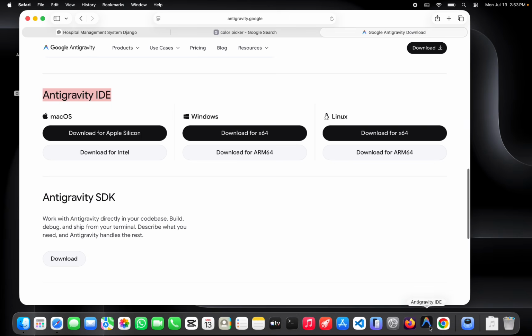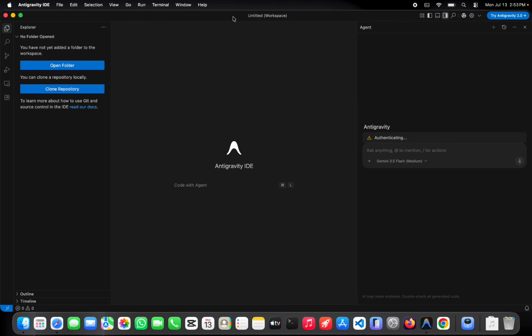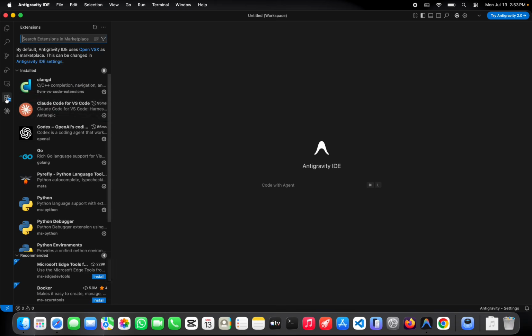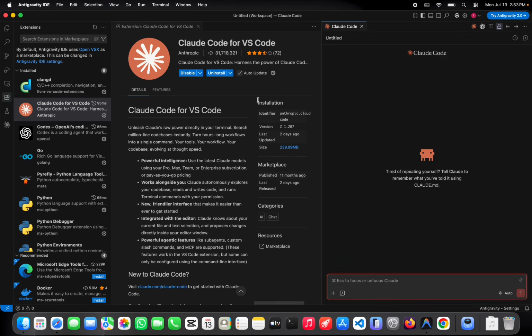I already have this, and I'm going to go here in the VS Code, sorry, Anti-Gravity. Here you can see this is my Anti-Gravity interface. There is an agent section on the right side, which I already removed. Now we have to go to the extension section and install Claude Code for VS Code. This is from Anthropic. Now we are going to use this chat option by clicking this icon,